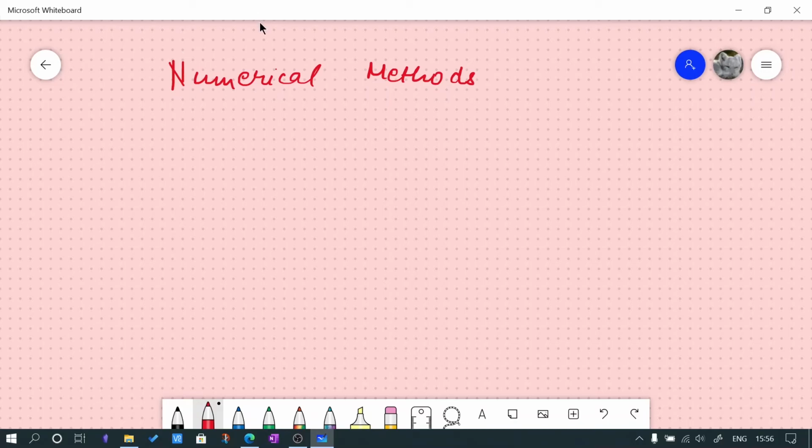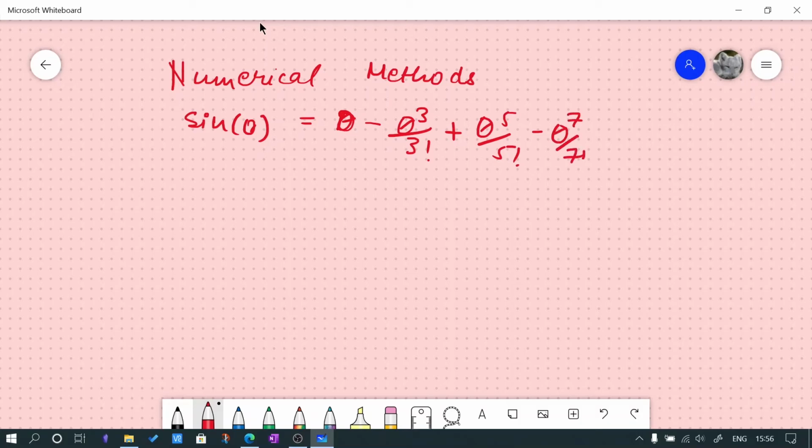For example, you can take the example of the Taylor expansion of sine theta, which is given as theta minus theta cube by 3 factorial, plus theta raised to 5 by 5 factorial, minus theta raised to 7 by 7 factorial, and so on and so forth. So as you can see, for some values of theta, for example, theta which are very close to 0, the answer comes out to be theta,